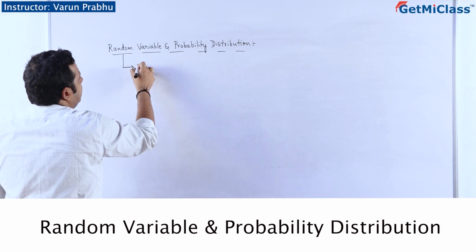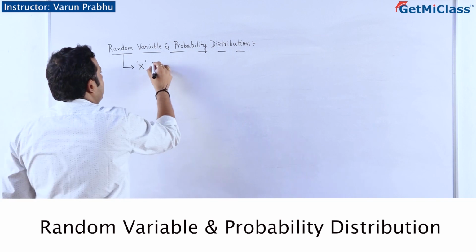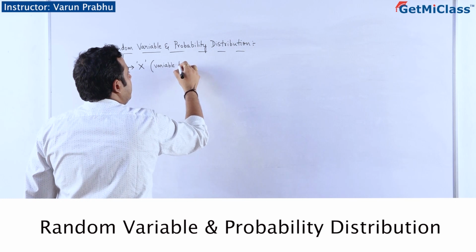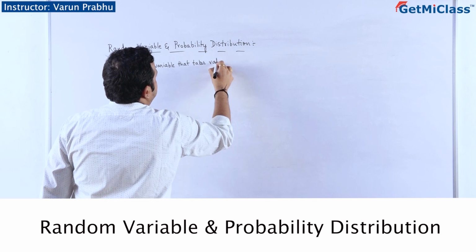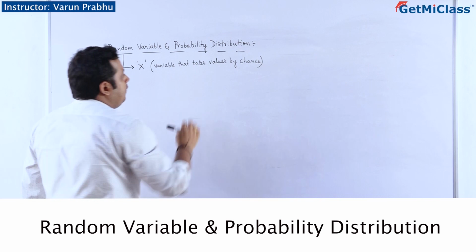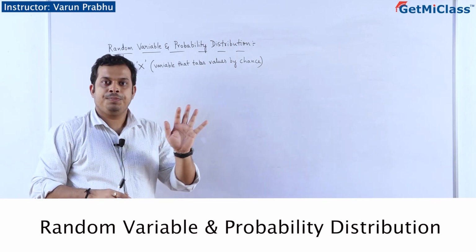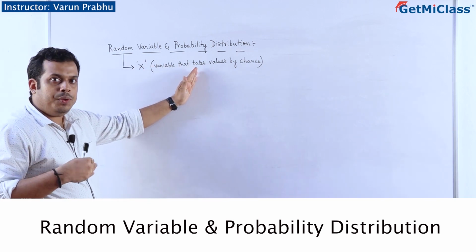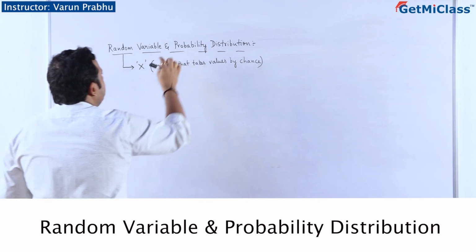Random variable is normally denoted by the capital letter X in probability. It is a variable that takes values by chance. Which means if we are interested in finding out, when a coin is tossed 10 times, what is the probability of getting 5 heads? Now X will take the random variable by that chance, correct or not? What we want to find out, we take it as a random variable. Is it okay?